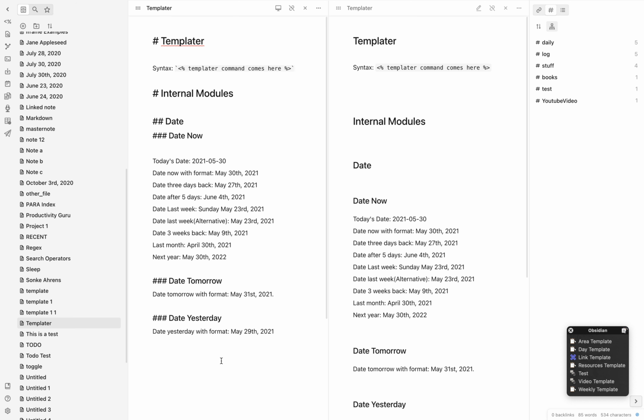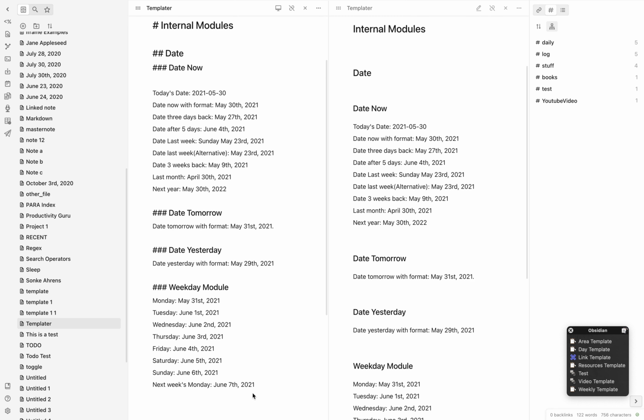Now we go back to Templater and in our notes, we'll just press enter and click the Templater icon and Templater date. And as you can see, all dates are perfectly put. Monday is May 31st, Tuesday is perfect, Wednesday perfect, Friday, Saturday, Sunday. And that's how you can easily get dates based on days for your weekly reviews.